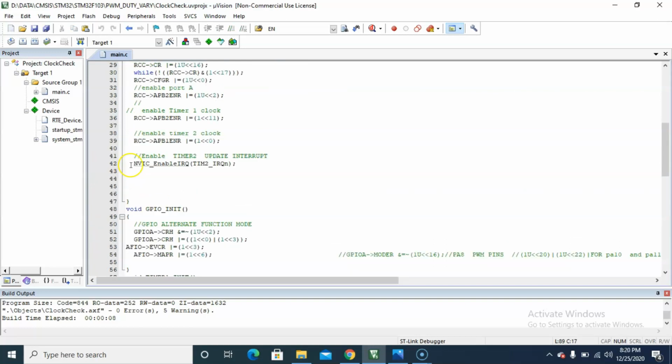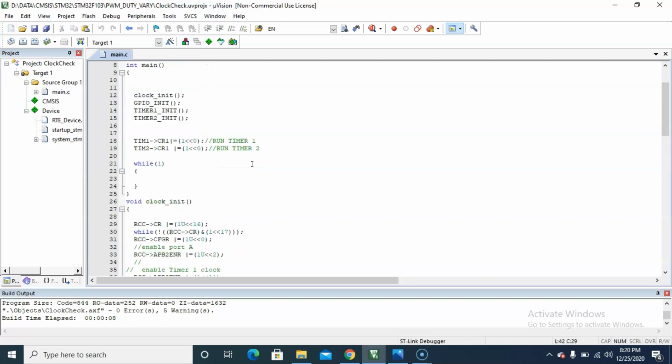So here I am enabling the timer update interrupt in the vector table, so I don't need any statement in while or polling method stuff.